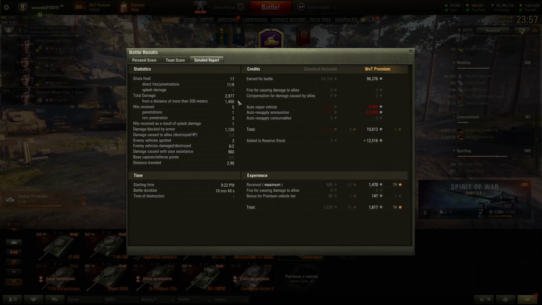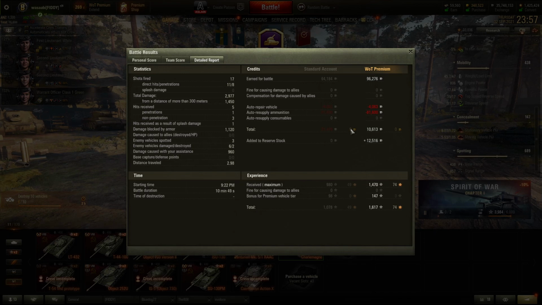So about 2,977 hit points of damage, we did 1450 at more than 300 meters, so it's a bit surprising given how it's not supposed to be good at long distances. So maybe, yeah, with the extra crew skills that it helps. We blocked 1,120, and again, that was partly due to the map conditions. So we're only showing the top of the turret, which is useful. But otherwise, yeah, that was probably our best game in it for the night,